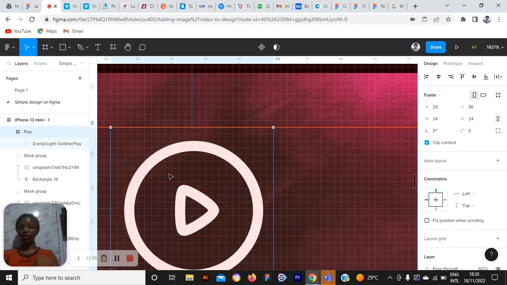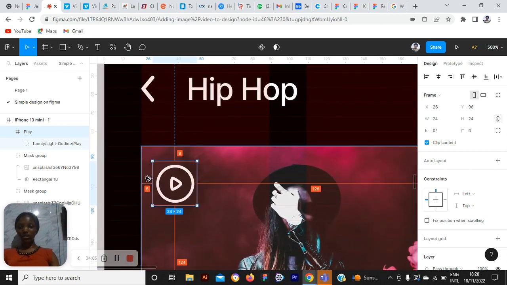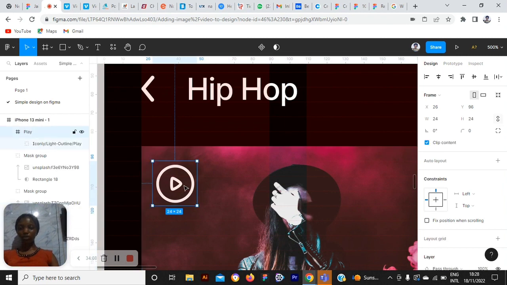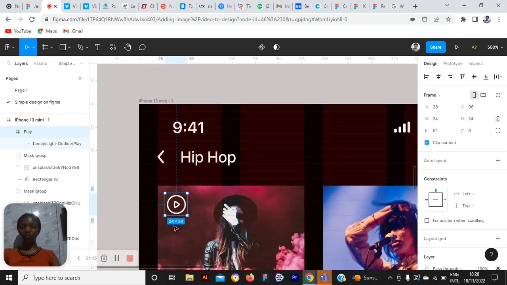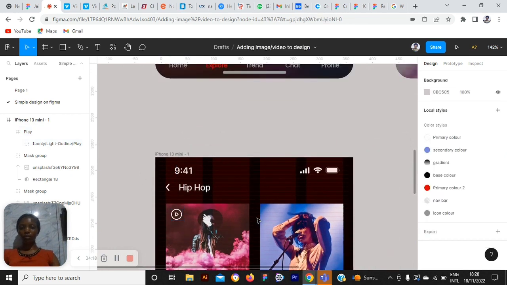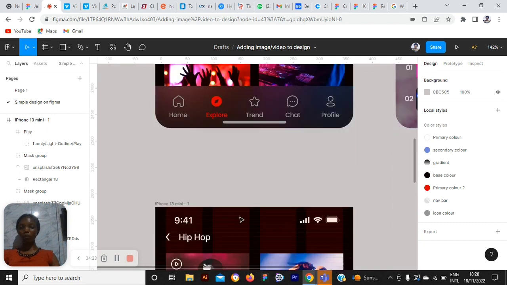You can see whenever it's on the line, it shows this red line. So you can see it's on the line. I need to make sure that the side is also the same way. So one, two. So this is eight here, eight here. See? So your work is well aligned. So this is what I have here: the play button. And what else do I have aside from that? I also have the name